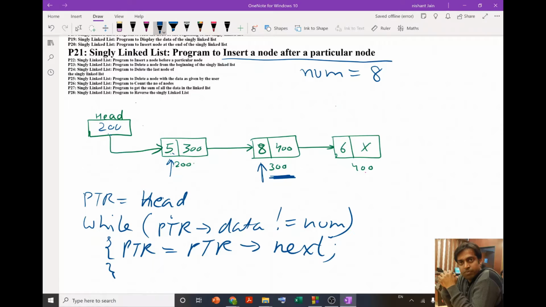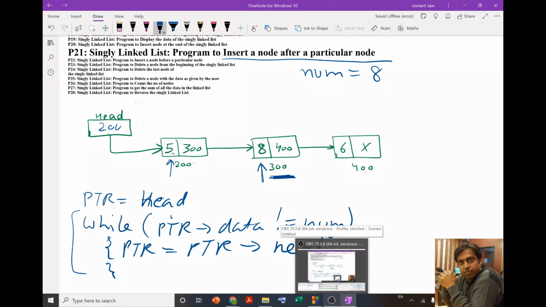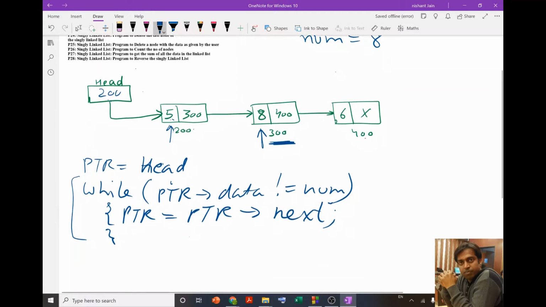With this while loop, we are going to locate the node after which we will insert a new node. So how is this code going to work?